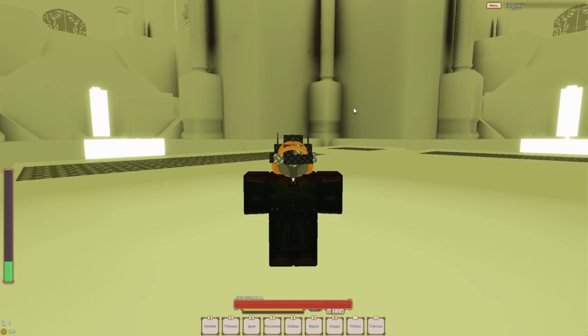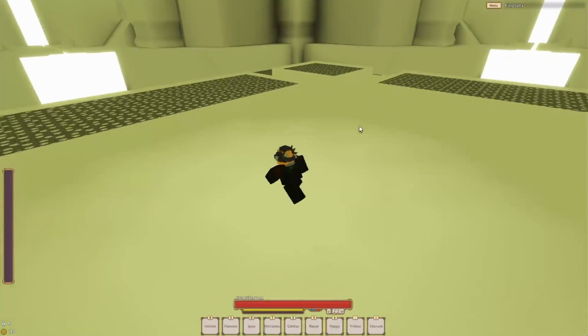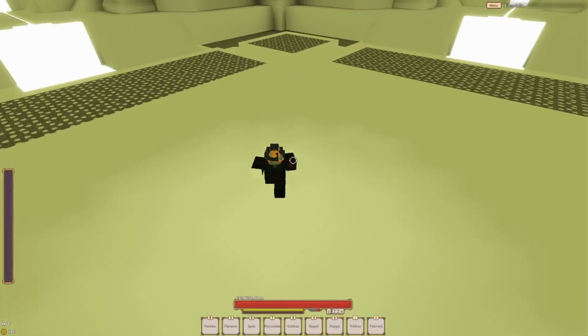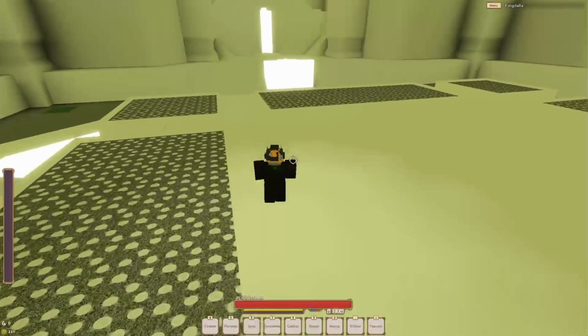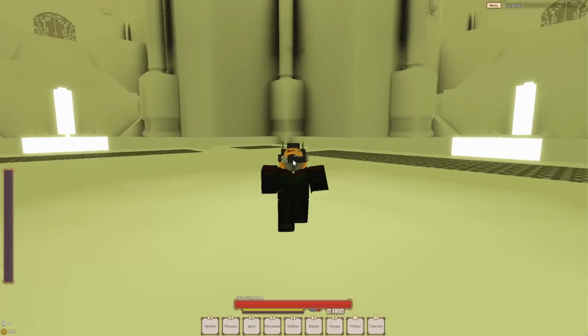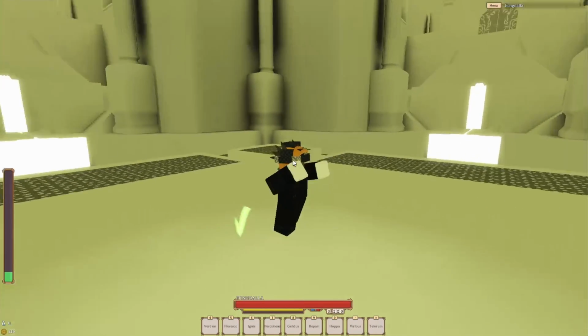So I get a lot of comments from people asking me, hey Wasim, how do you deal with quality of life as you play on a MacBook? You know, I don't have access to things like Blox Link or Roblox Account Manager or any sort of quality of life features that Windows players have. And the answer is there are alternatives, but they're a bit hard to find, so I decided why not make